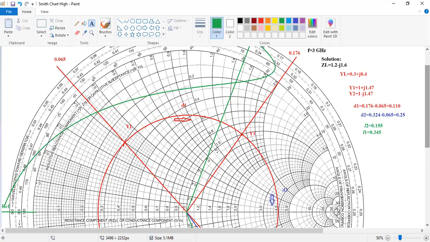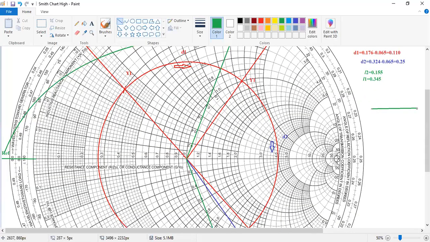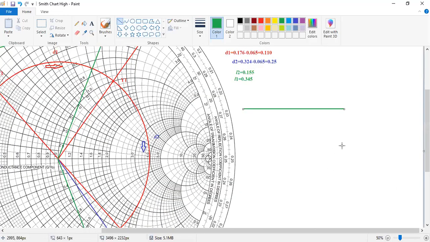Open circuit. Now, what are the things we are doing? I'll just draw the circuit here, just to show you how the stub will be there. So this is a line, and this is your transmission line. And you will have a load. So suppose this is your load here. This load is ZL. Okay, so this is your ZL.